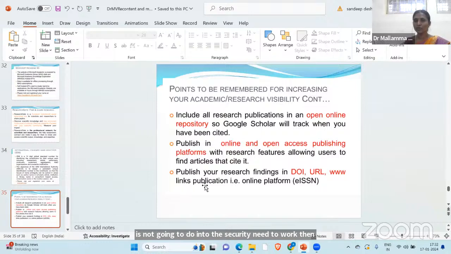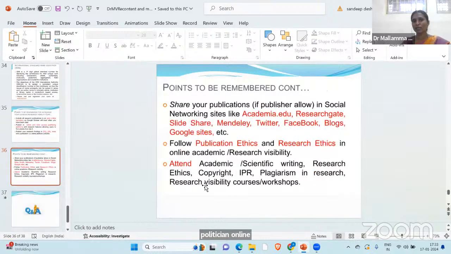Or if you want your resources to be visible, put them in a Google Drive and give the link. And publish your research findings with a DOI (digital object identifier), URL, and www links, on online platforms so that every candidate can read your work.